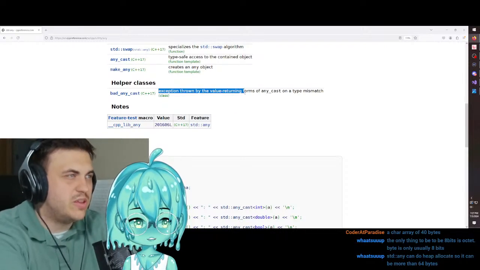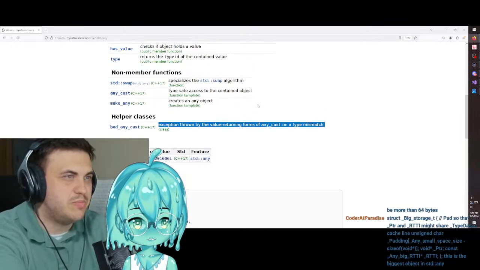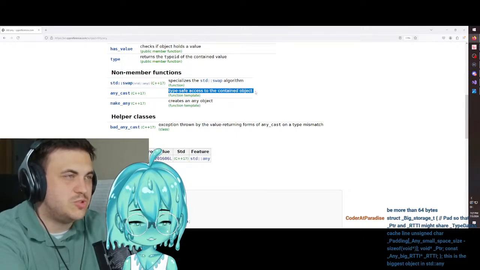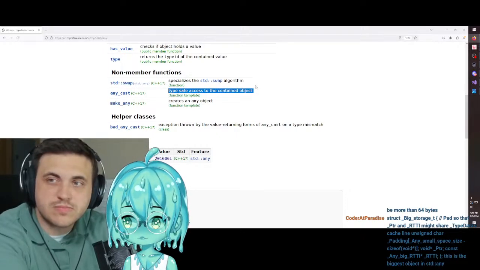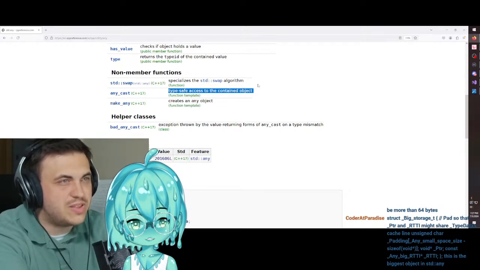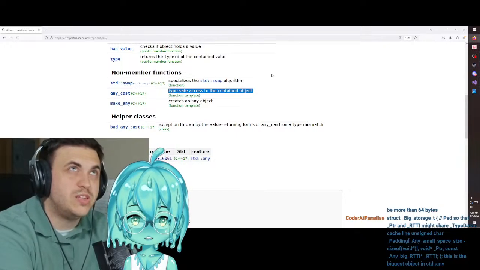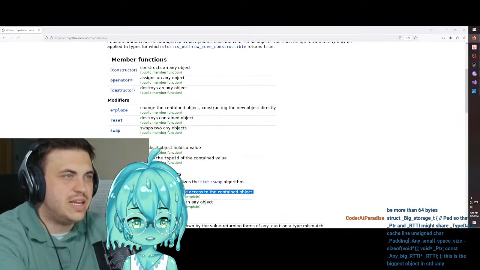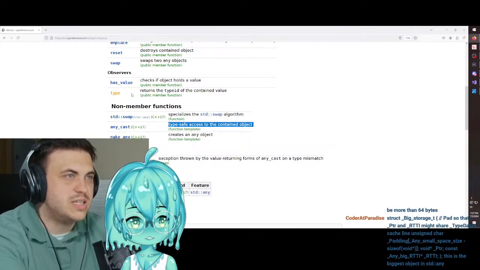Exception thrown by the value returning forms of any cast on a type mismatch. Type safe access to the contained object. I don't need that right now, but I will need it whenever we try to change any values. Standard swap has value type